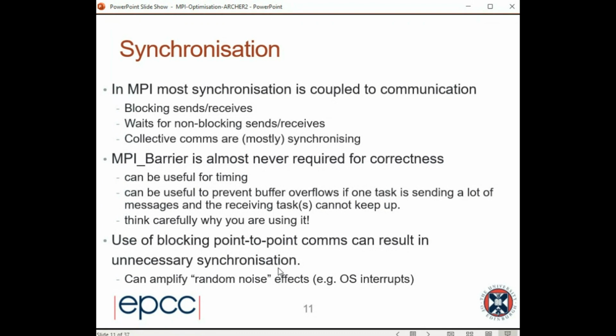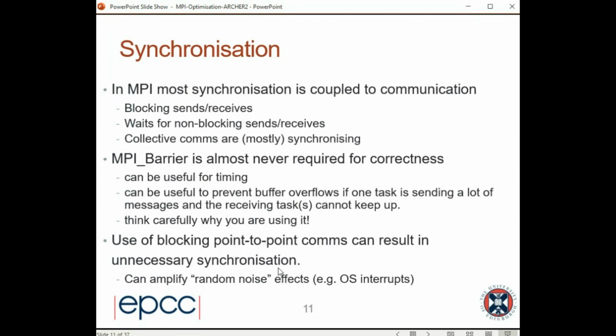And basically, although you think the processes are running at the same speed, they're probably not for a whole bunch of reasons. But the classic one is operating system interrupts. Every now and again, the operating system has to do something, even on a supercomputer where the OS will have been stripped down to its minimum. And the operating system has to run somewhere, on a CPU core. That will slow down that CPU core, and that rank will then run slower. And that means they're running at different speeds, and whenever you synchronize, you waste time.